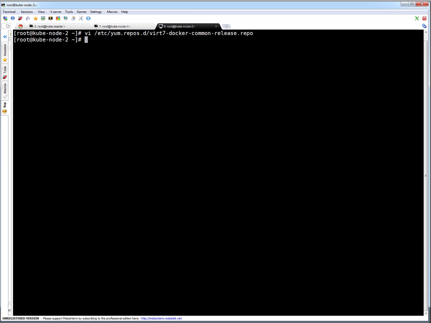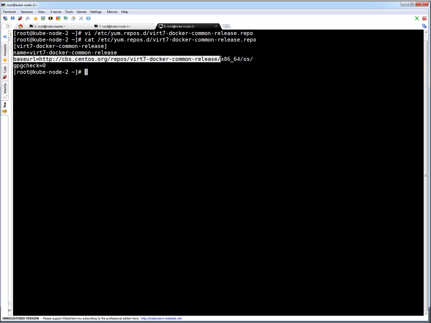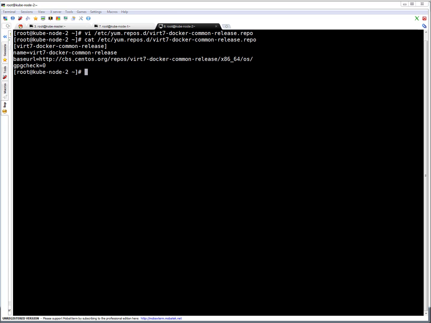Okay, so I've added the repository. Basically, that's a repository configuration. Here I'm using this particular repository. This is the base URL, and I'm setting gpgcheck 0. I don't want gpg check. So let's install